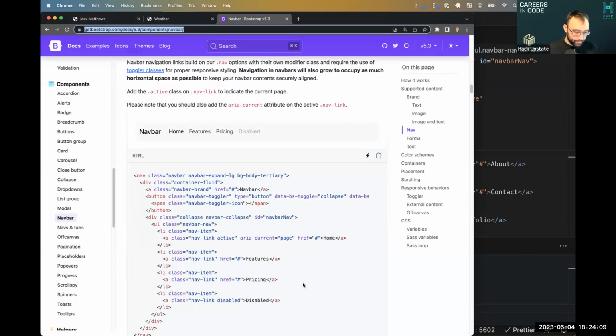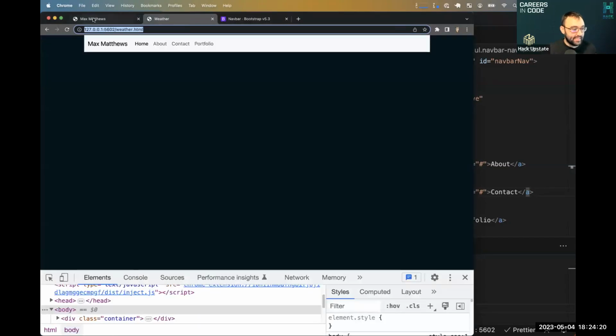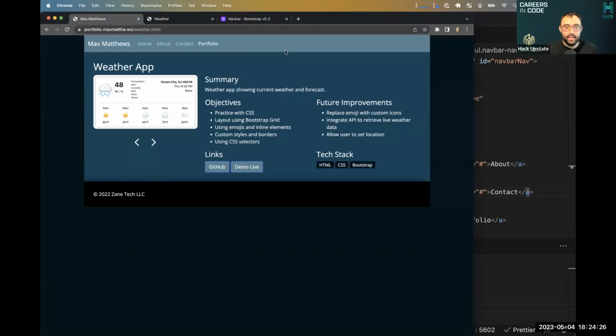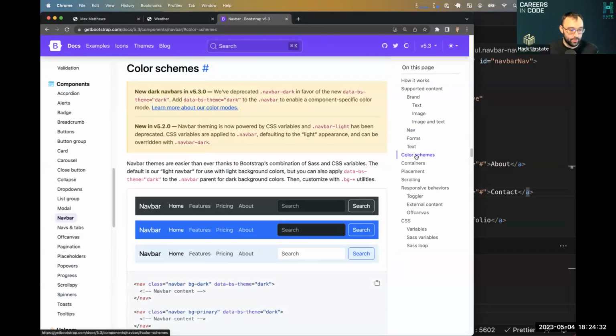All right, does anyone need another minute? Okay, so I'm looking at my nav bar, and the first thing that's glaringly obvious to me is that this is white and this is blending into my color scheme. So I'm going to go back to the documentation. I'm going to go down to this section called color schemes, and